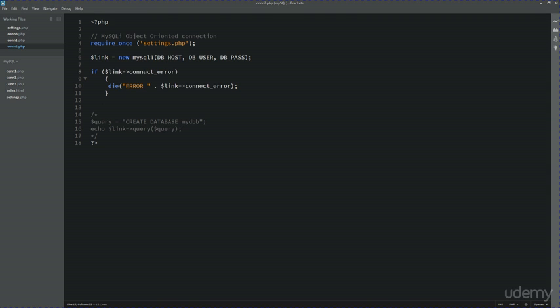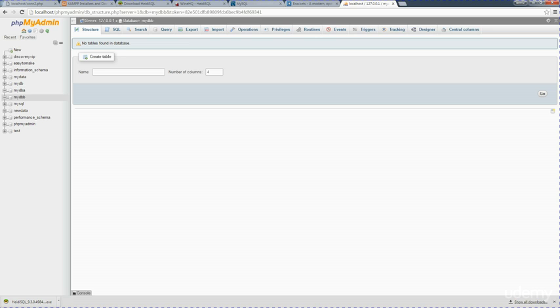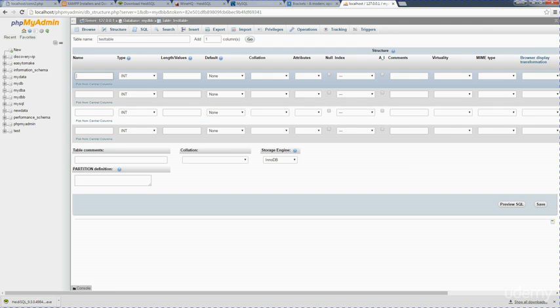So what we want to do now is actually create a brand new table, and this table is what's going to actually hold that information in our database. So we're going to do it through a query, and I'm just going to show you how this works here. So I'm going to go into here and I'm going to create a test table, give it 4 columns there, and this does take some getting used to,